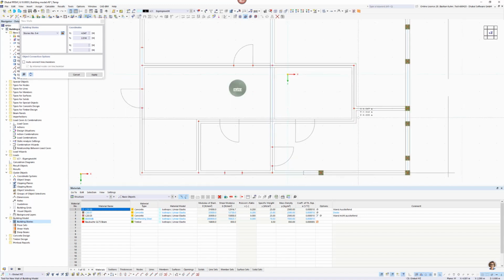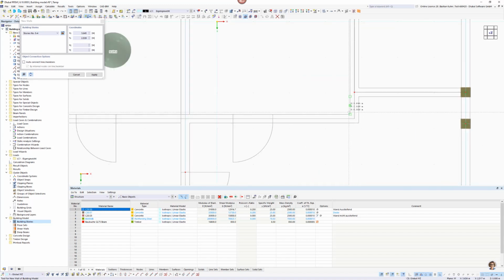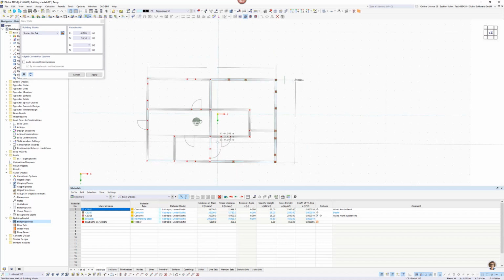Did I activate all the stories? Yes, I think so. Okay. And from here to here, and here to there. Okay. So now my walls are defined,